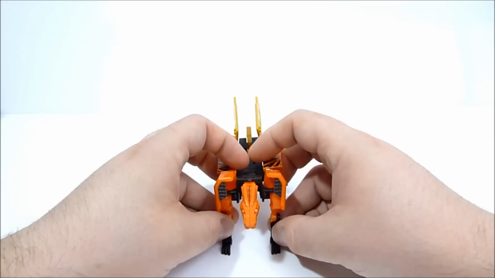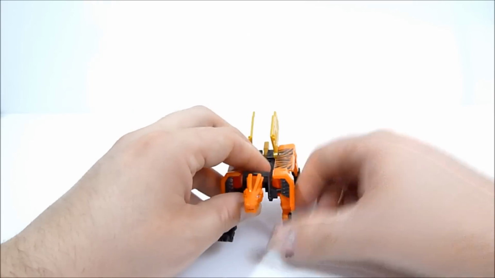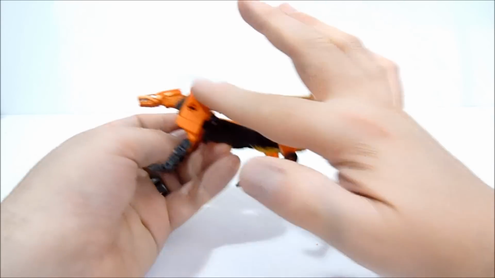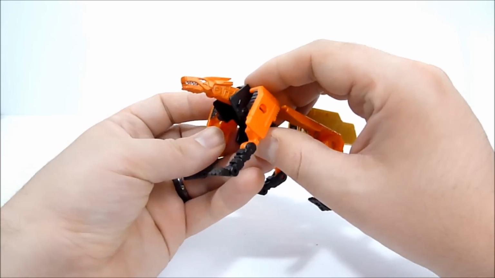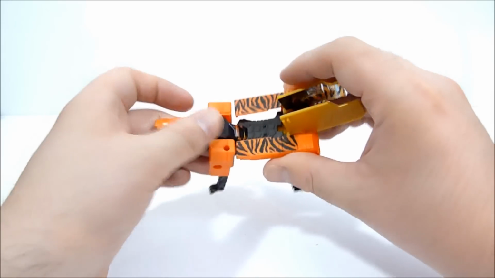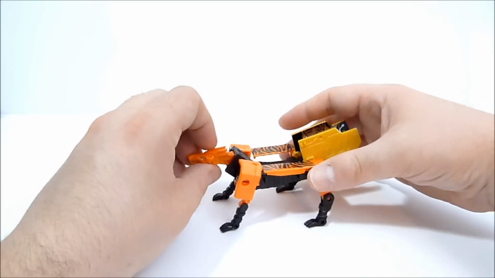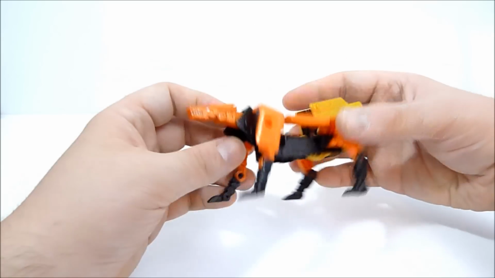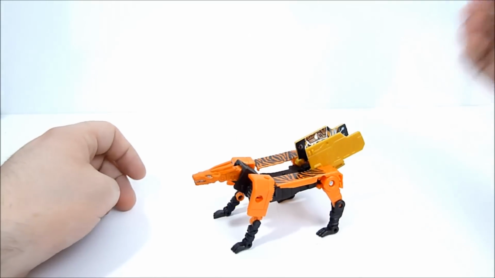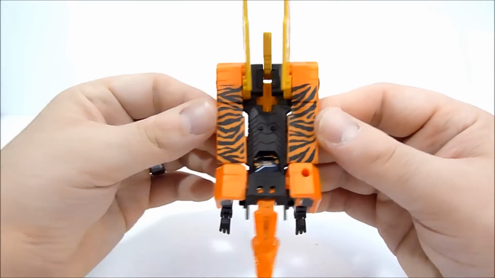And you just kind of wiggle the legs around until they fit what you're looking for. And you want to make sure this piece is angled up to be more cat-like, I guess, but it doesn't lock in place that I've found, so you just have to be careful because it will get knocked back down pretty easily. So yeah, there you have Stripes in his beast mode, and as you can see, he's fairly wide at the back,